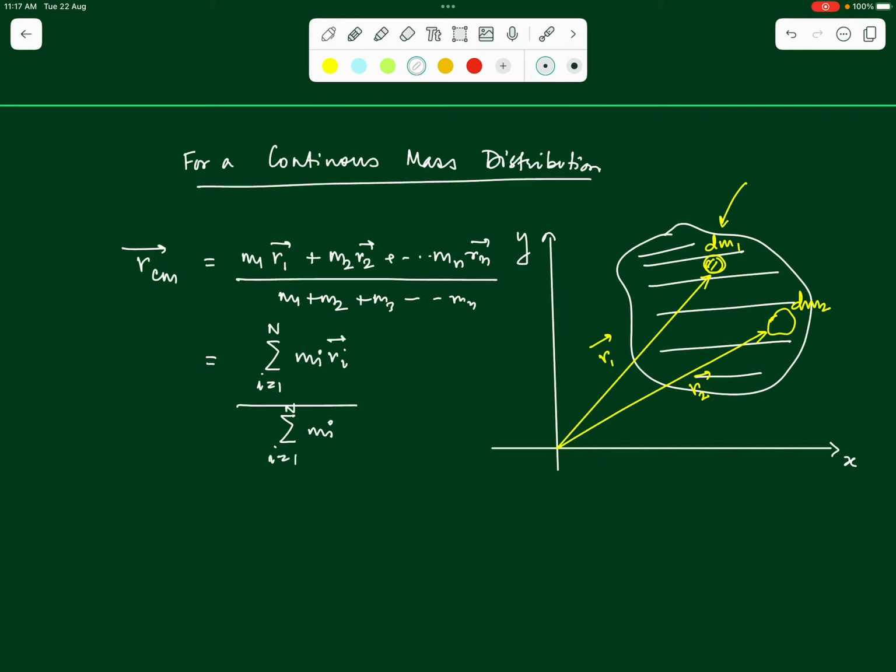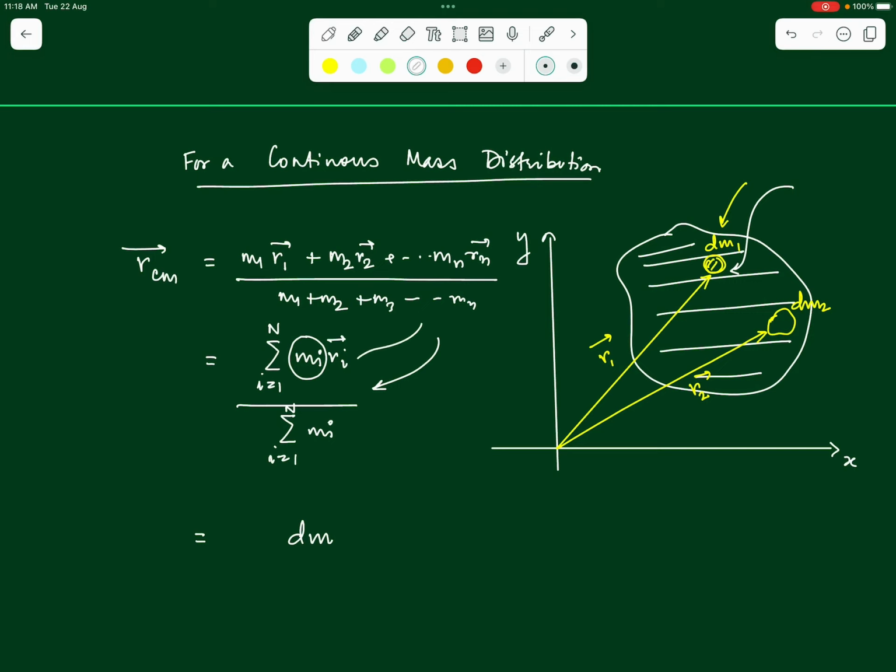Right? Now do you understand, if we want to reduce this formula for a continuous mass distribution, for a continuous mass system, we need to replace our point masses mi, m1, m2, m3 with elemental masses dm1, dm2 and dm3, right? So instead of mi, we will now write dm, a small mass being considered on the body,